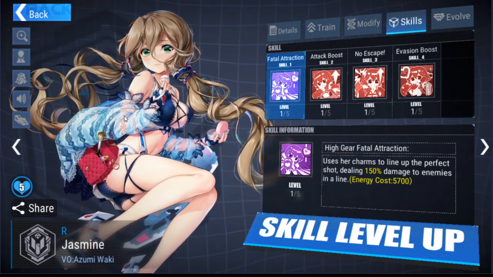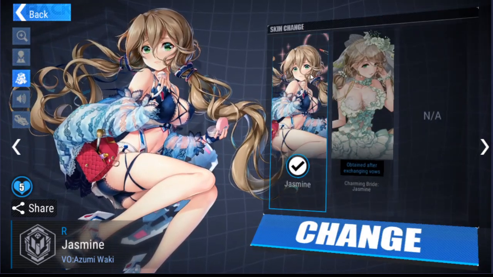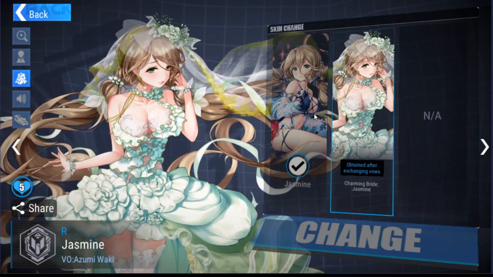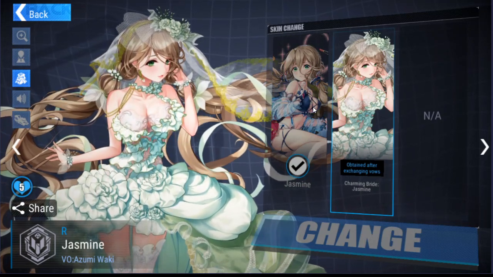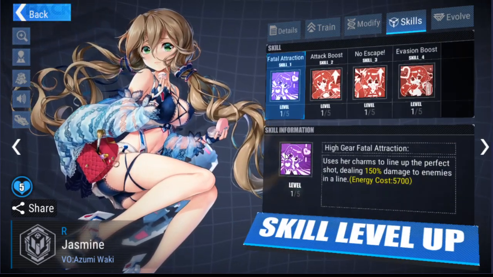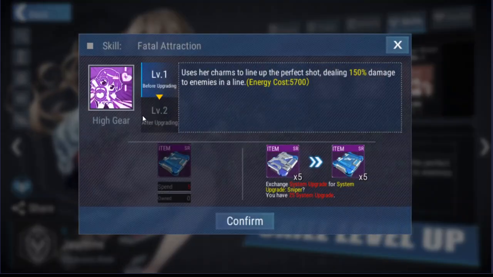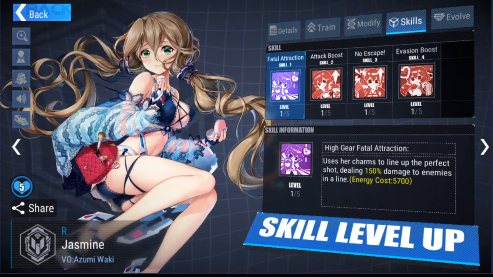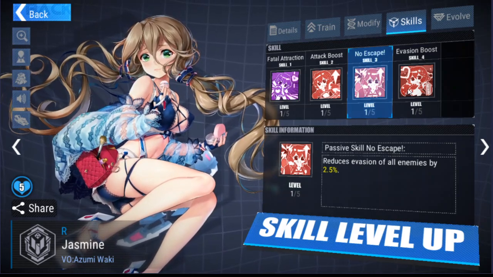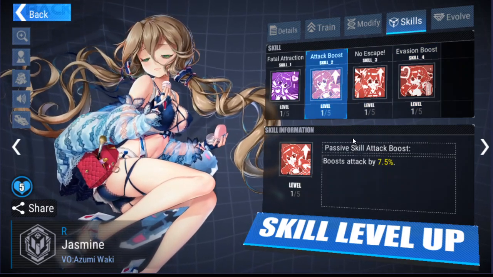Here we have Jasmine. Now, Jasmine is interesting, and she has one of the best wedding skins, I would say. It's incredibly nice. But here she returns along a perfect shot, dealing damage to enemies in the line, and the energy cost isn't too bad here. She boosts her attack. She reduces evasion of all enemies, which is interesting. And then she boosts evasion for herself. So her kit's not